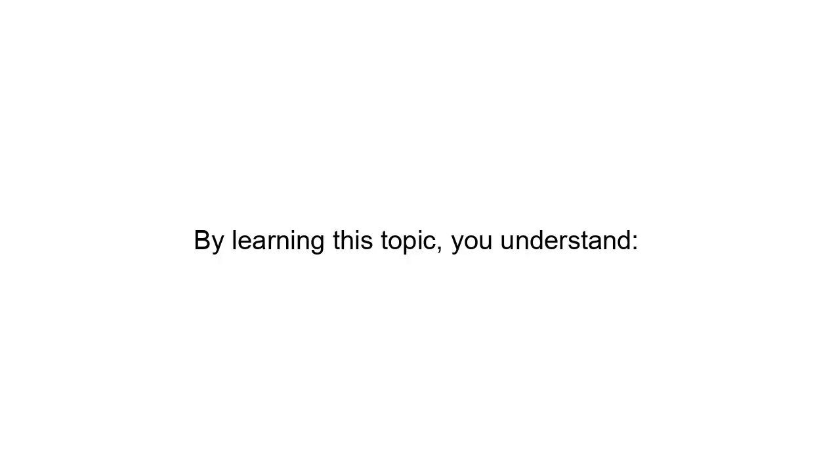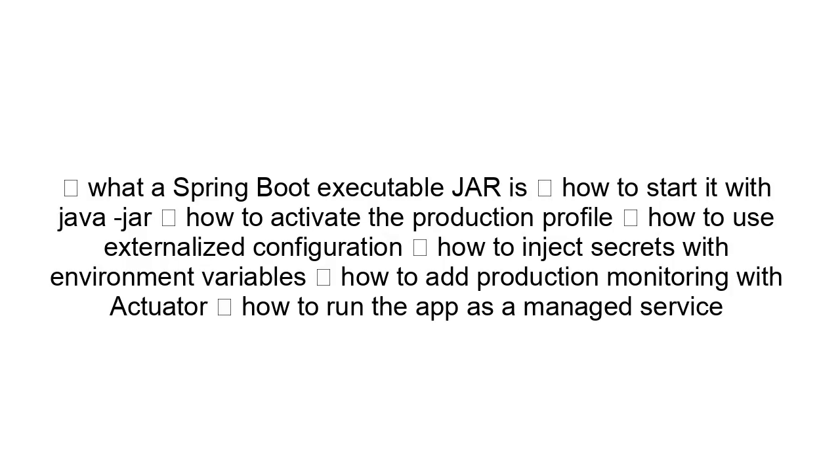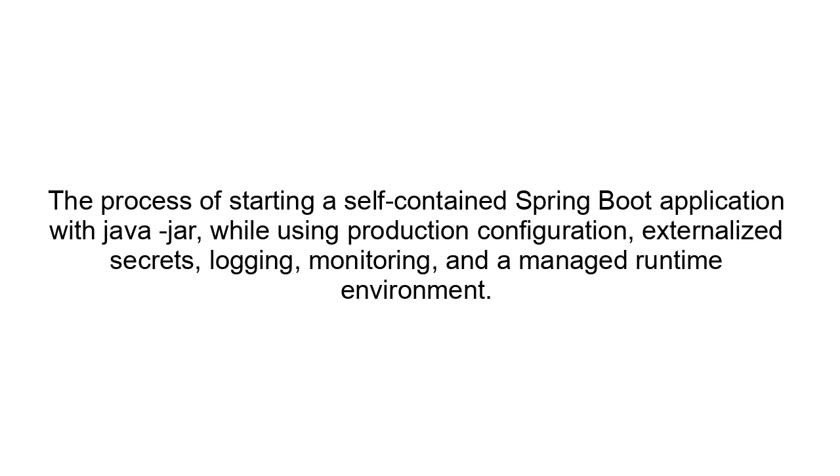Concepts learned. By learning this topic, you understand what a Spring Boot executable jar is, how to start it with java -jar, how to activate the production profile, how to use externalized configuration, how to inject secrets with environment variables, how to add production monitoring with Actuator, and how to run the app as a managed service. Simple definition: running a Spring Boot executable jar in production is the process of starting a self-contained Spring Boot application with java -jar while using production configuration, externalized secrets, logging, monitoring, and